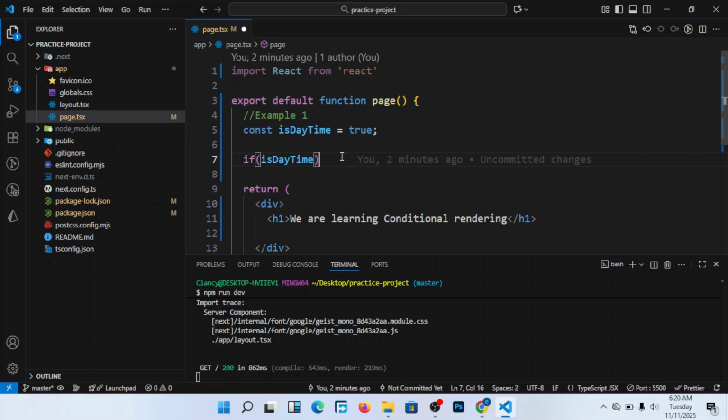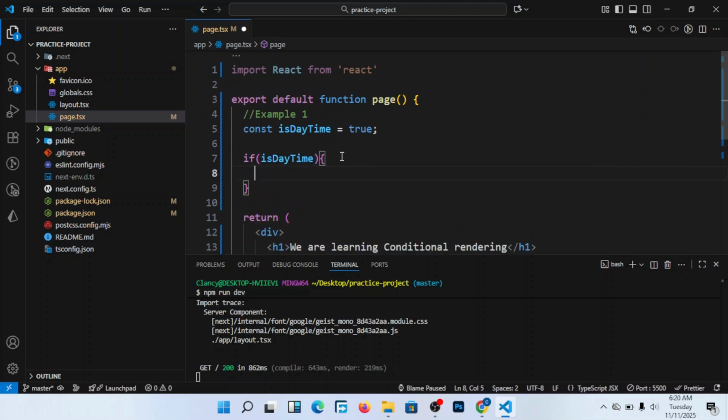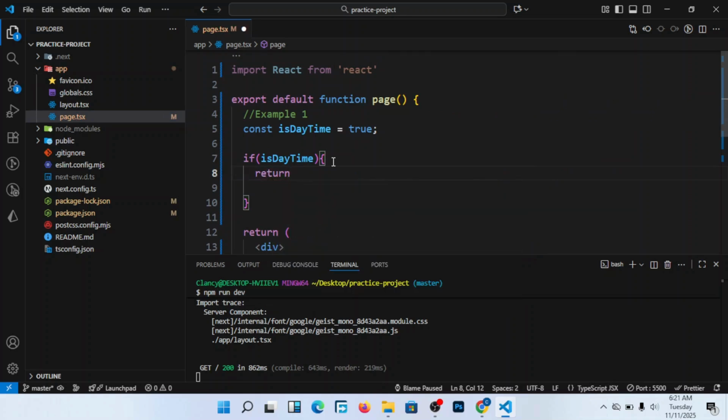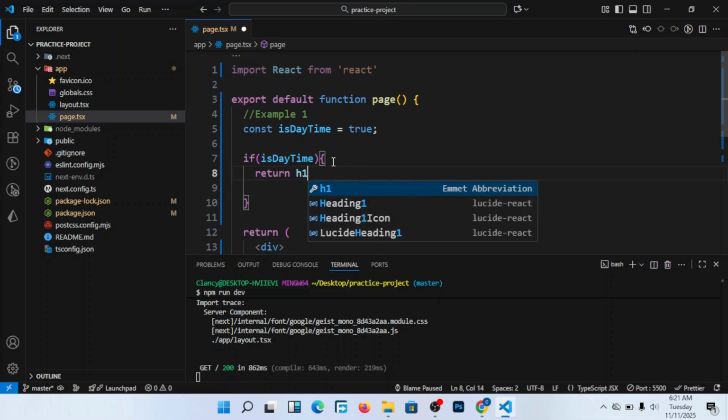So if it's daytime, if this condition here is true, return heading 1, H1,